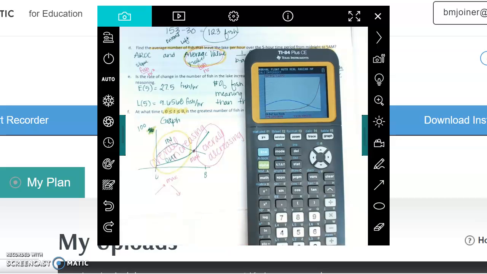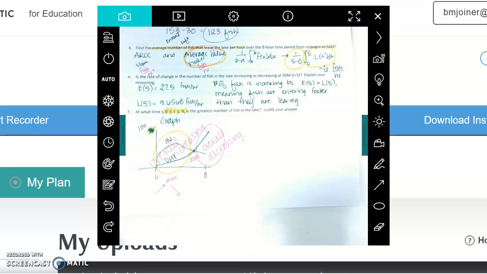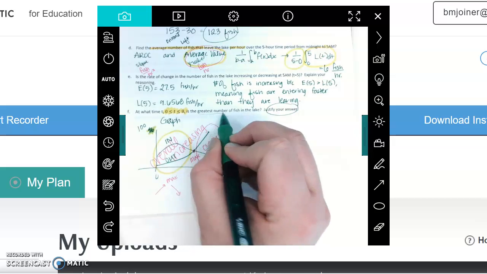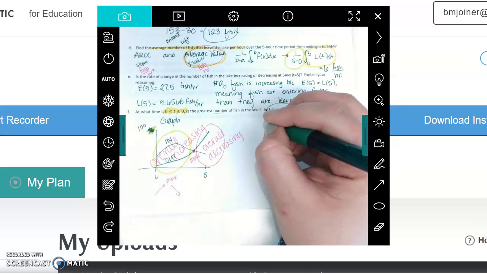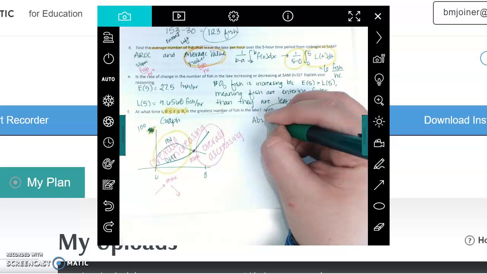So let's write it out. It does say to justify your answer, so we need to make sure that we explain it well. So we want the greatest number of fish in the lake. I would say absolute max fish